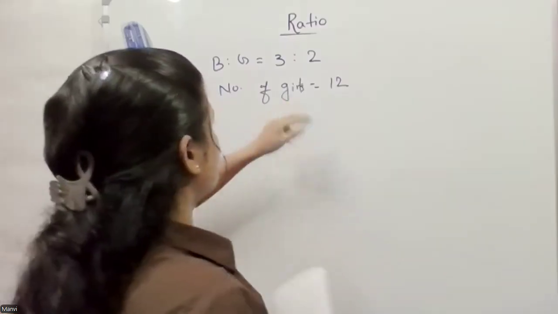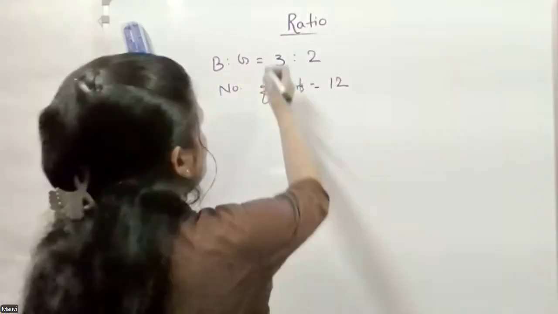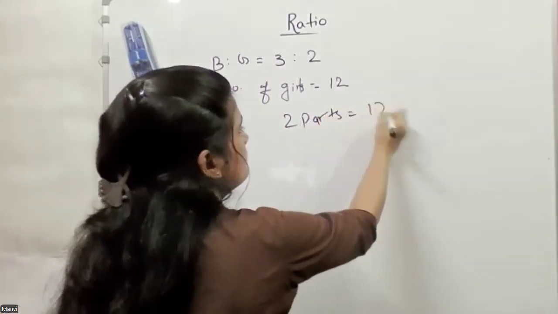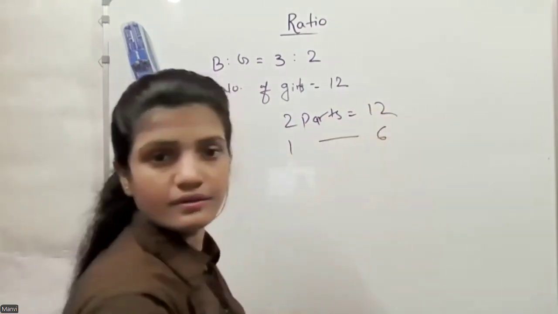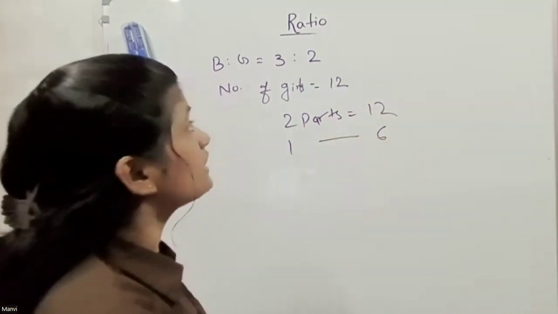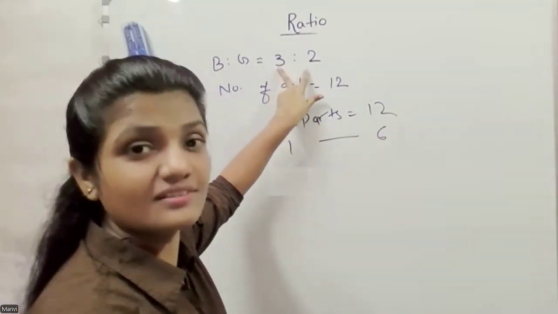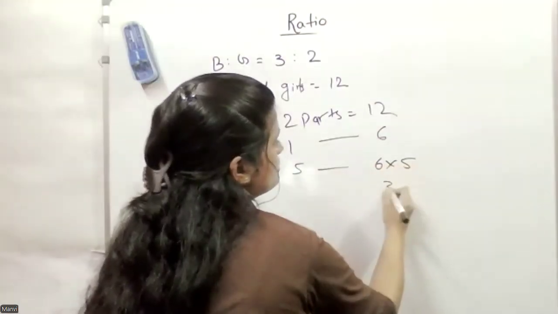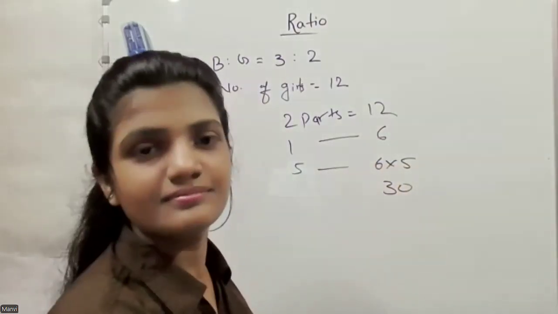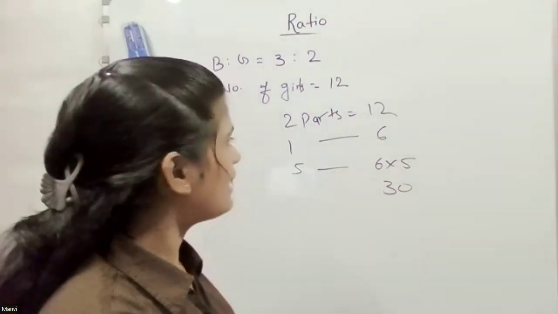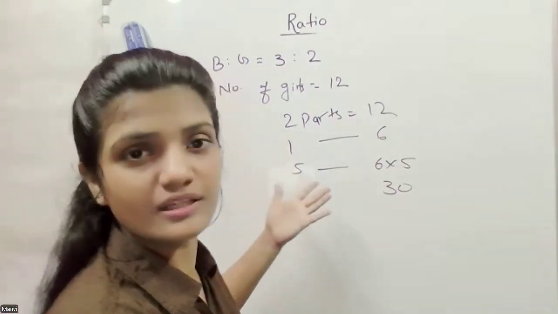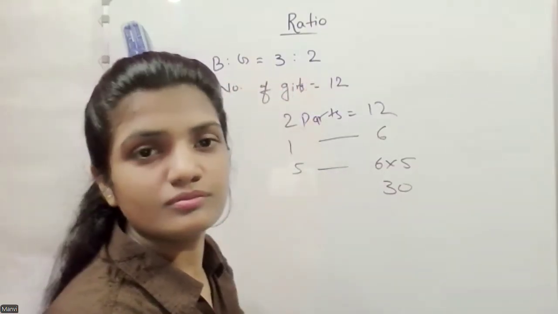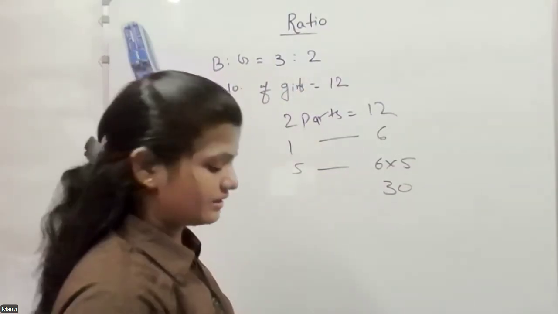Here, how do you do this? You can simply write 2 parts equal 12. So 1 part equals 6, right? And the total will be 5 parts, right? So 5 parts equals 6 times 5, which is 30. That's what I said. Are you doing the same approach, or are you thinking something else, like first calculating the number of boys, then adding that? No, I was doing the same approach only. Very good then.